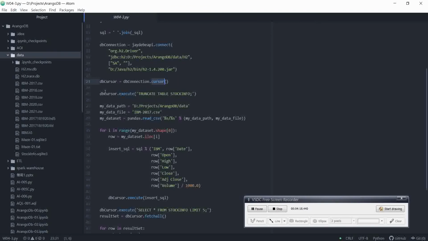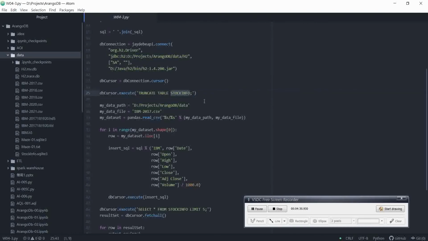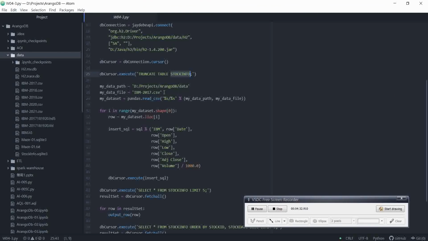Okay. So line 25 executes the truncate table where we want to delete every record to clean up the stock info table first, and then I'm giving two variables